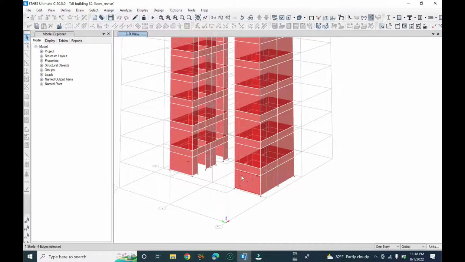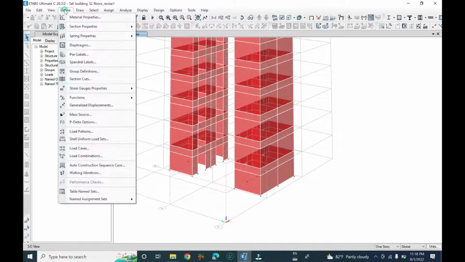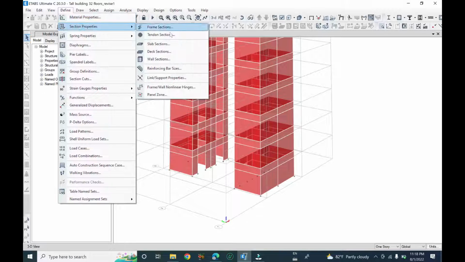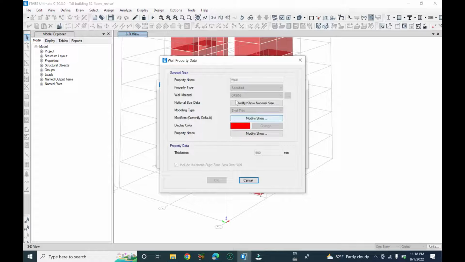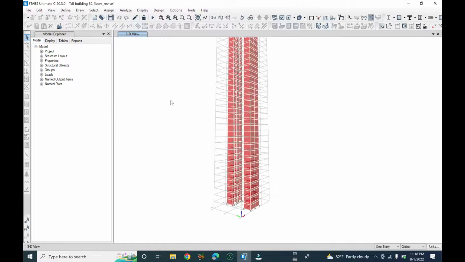Okay, now you can click on come back, check it again, and you can check about the section, wall section, modify. Yes, it's correct now. So after that